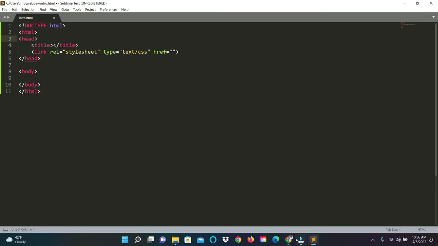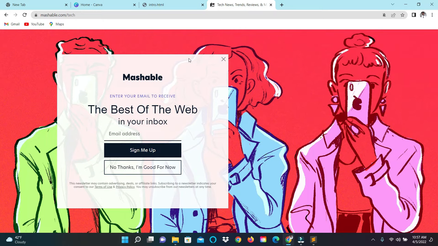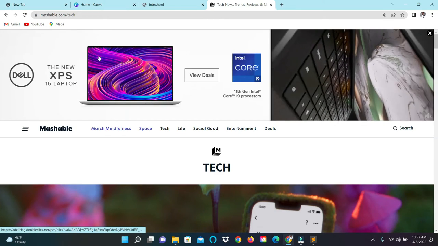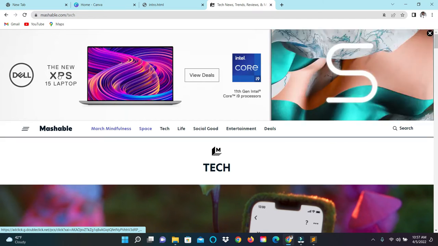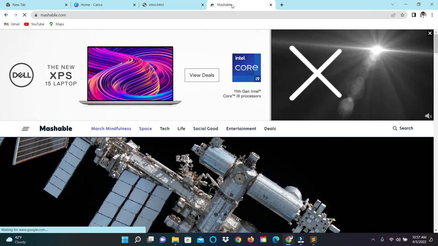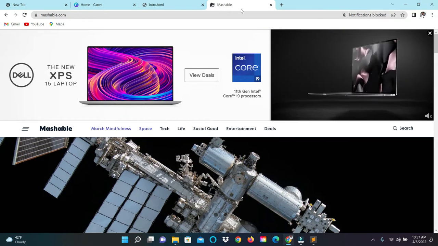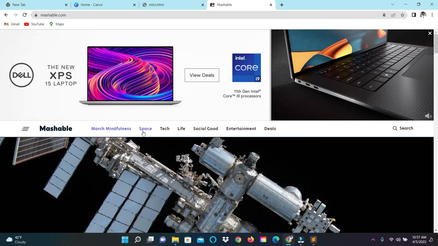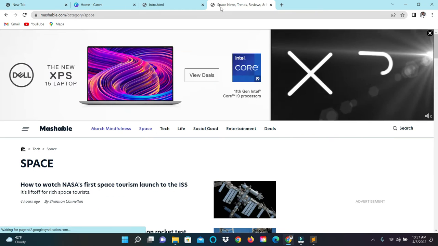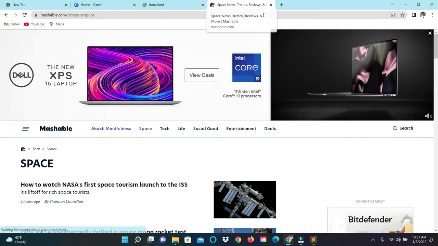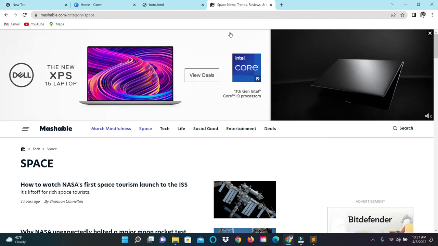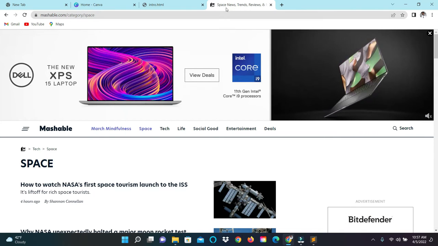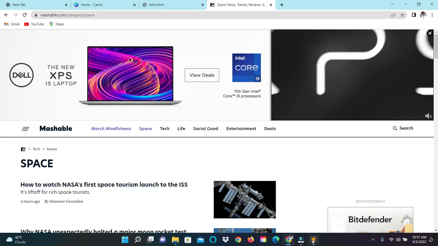Now the title, what does the title do? Let's go to this website I have open right here. It's called Mashable.com. Well, in every page that I open, I have something right here in the tab. For instance, this says Mashable. When I go to space, this is gonna say something like space news, trend, reviews. Well, this is something that's in the title tag of this web page,